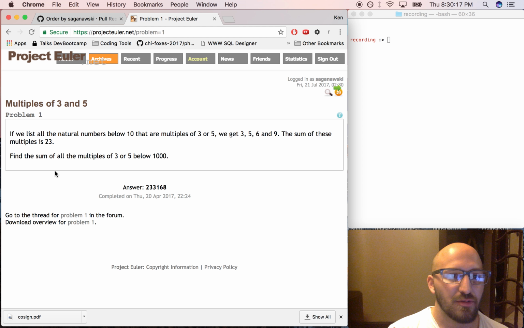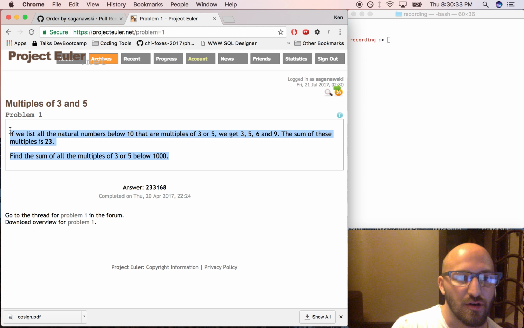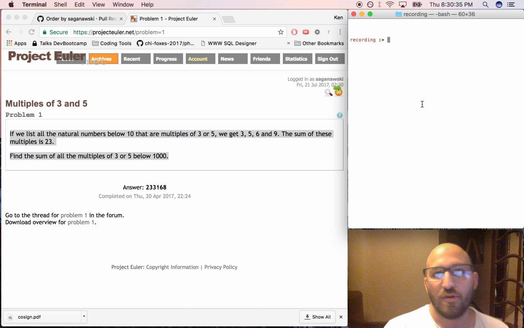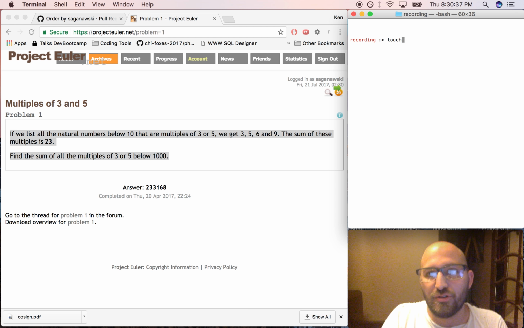Alright, it says multiples of 3 and 5. If we list all the natural numbers below 10 that are multiples of 3 or 5, we get 3, 5, 6, and 9. The sum of these multiples is 23. Find the sum of all the multiples of 3 and 5 below 1,000. So usually the first thing I do is just copy